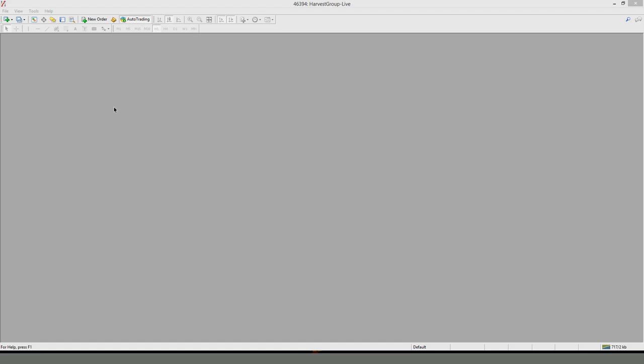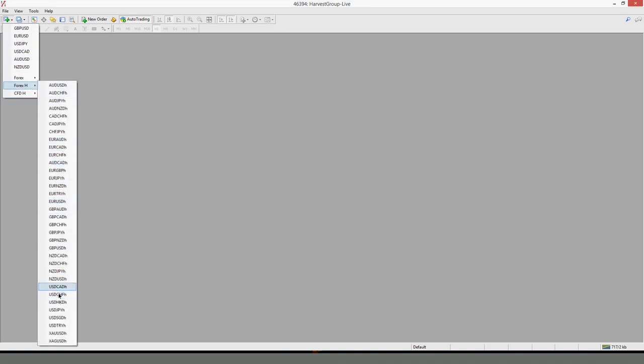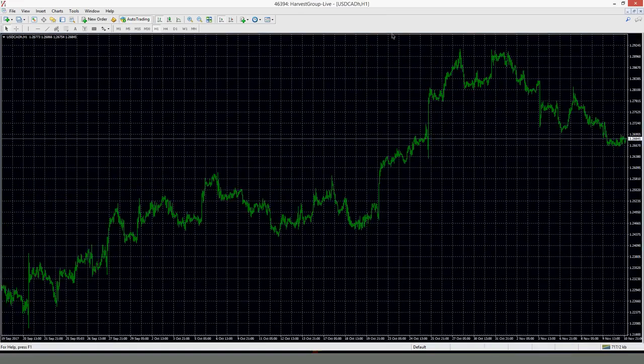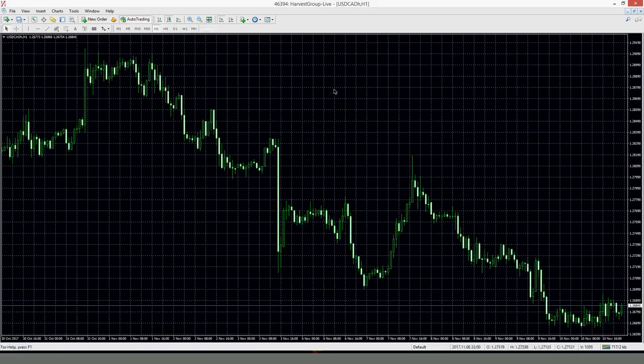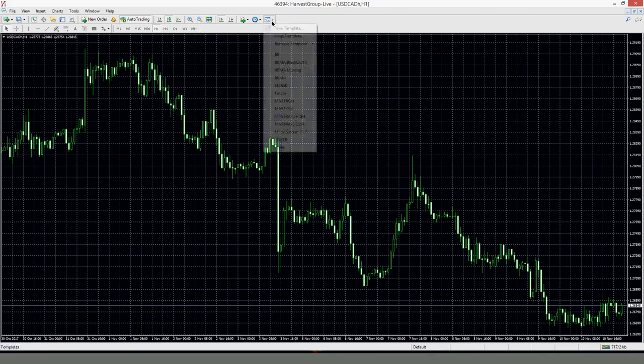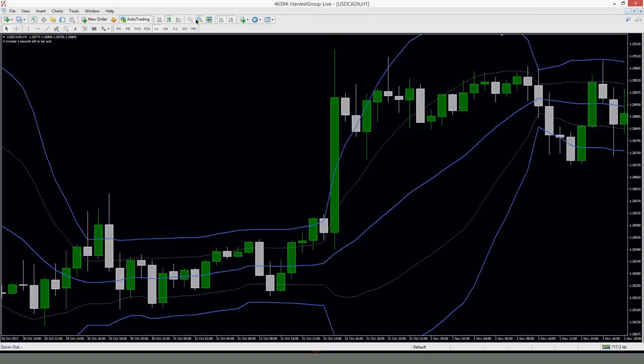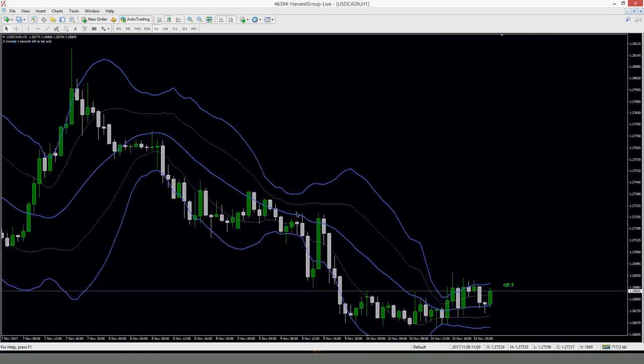Okay, can you guys see the Harvest MT4 platform over here? Let's open, say for example, USD CAD. So we already talked about candle break and reject. So obviously now we need to talk about